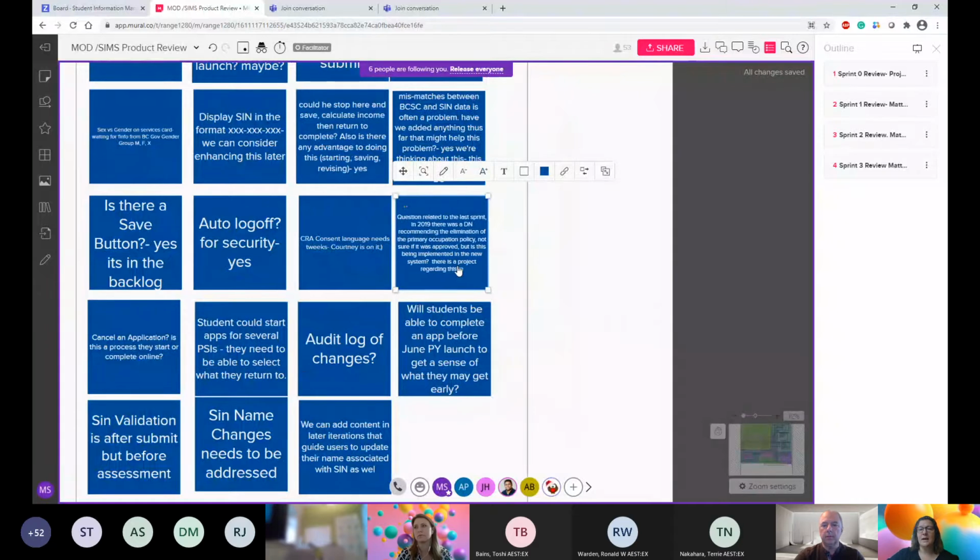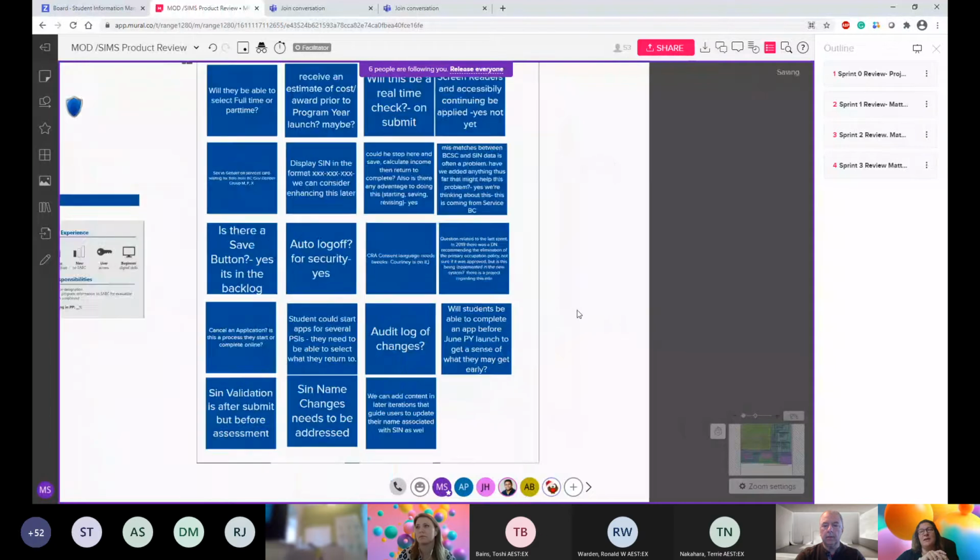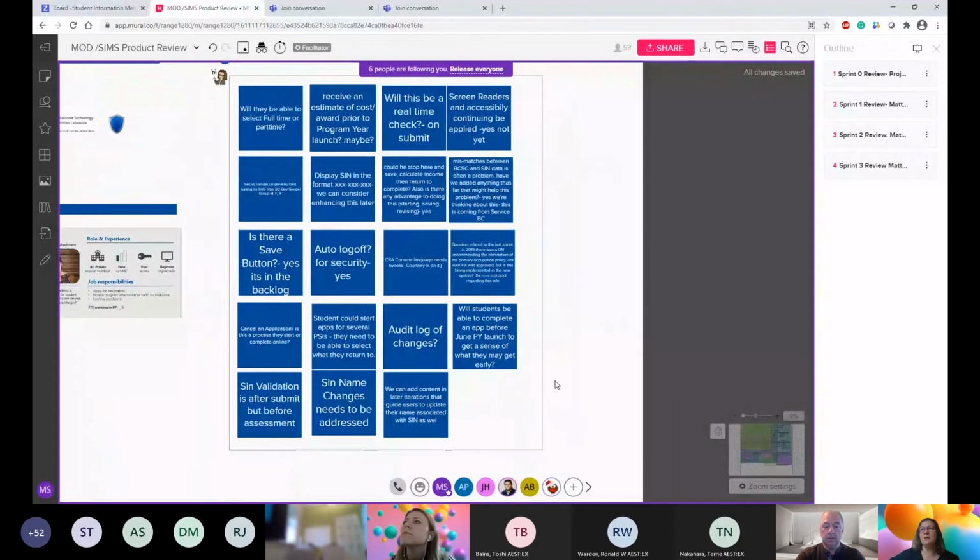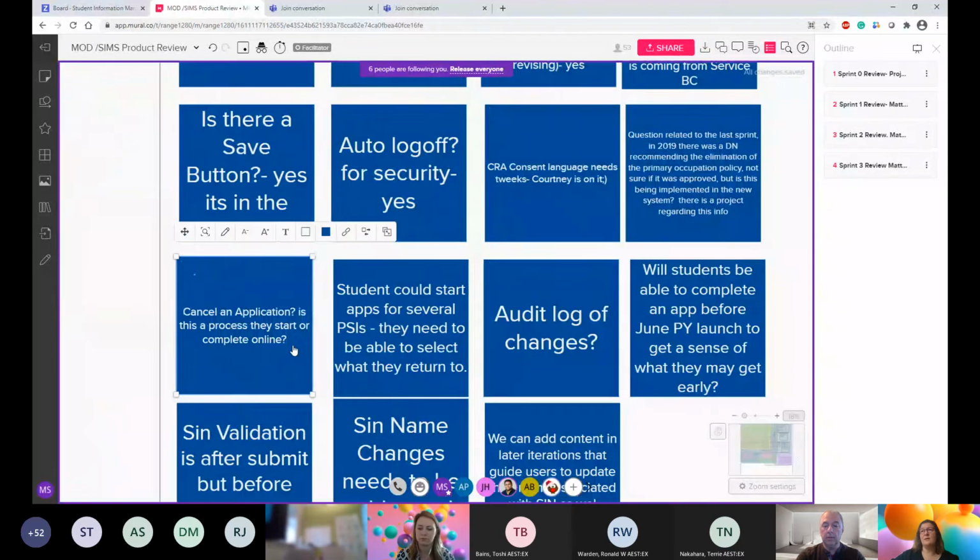Stuart saying yay. What if students want to cancel their application? Oh, what a great question, Magali. I am so excited. We haven't built it yet, but we are going to build a cancel. And that means that students will cancel their application. They won't have to call Tier 1, tell them to cancel, have a note added into the system, and then